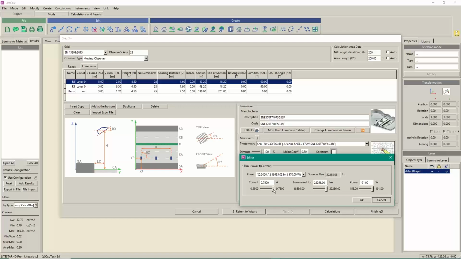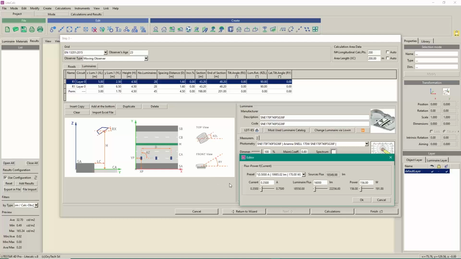But let's say that now we want to reduce, and in place of having a flux of this one, we reduce the flux, because we may also input the flux. We reduce the flux, let's say, to